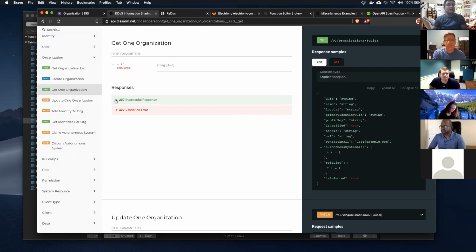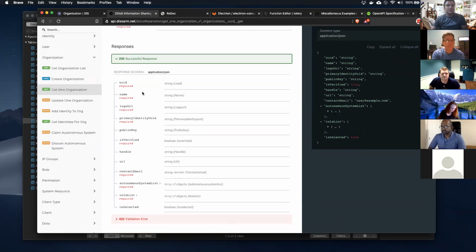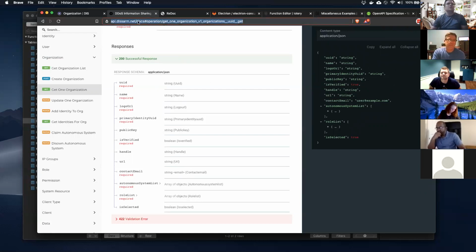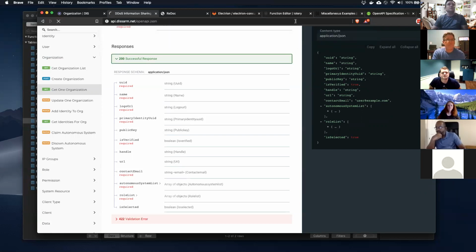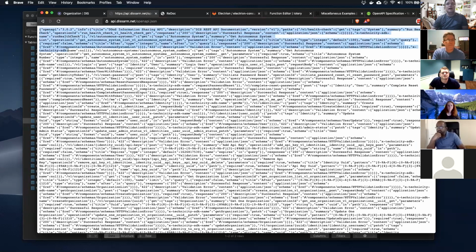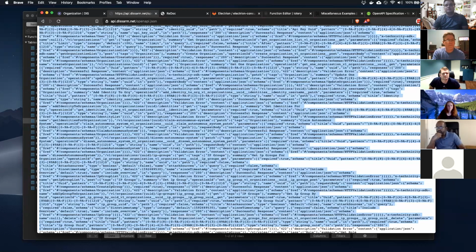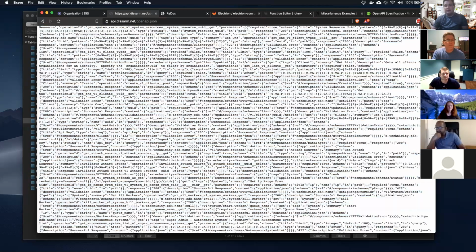It makes it really nice in terms of all the different things it gives. So anyone wanting to use this API can just get this information and consume it. We can also generate software development kits, like SDKs, client libraries in different languages to consume this, right? Because now there's a somewhat standard. So what is this? Well, that is just a website, but it really is just openapi.json. And this is the OpenAPI definition.